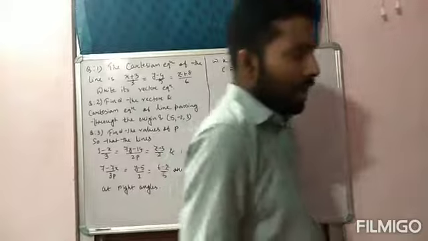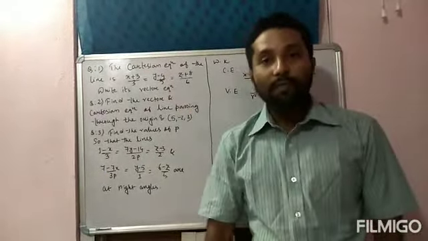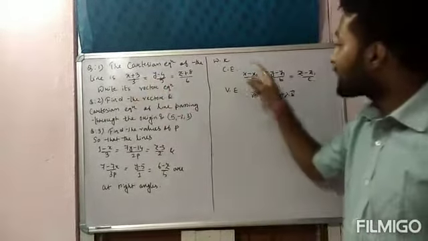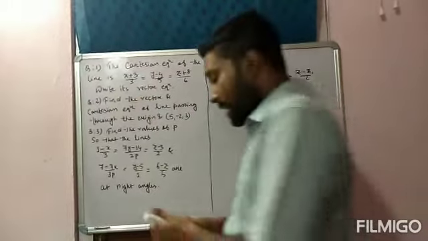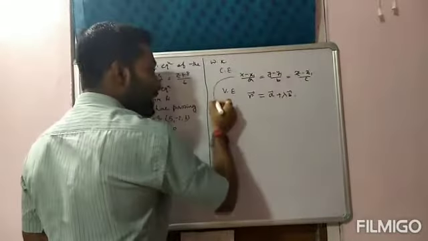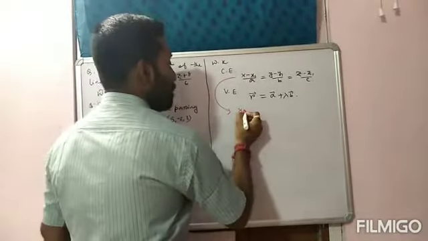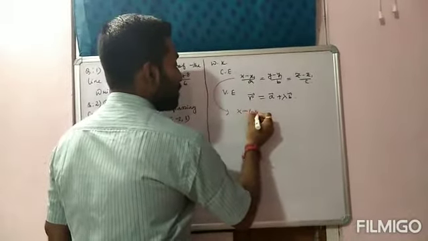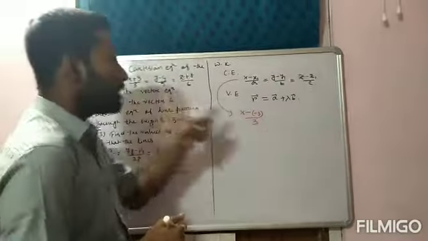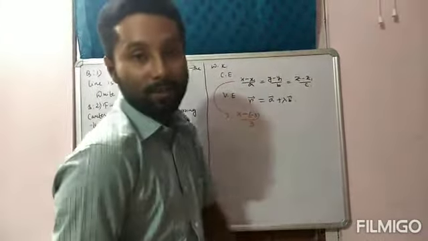So whenever you are asked to convert a Cartesian equation into vector form, the first step is to compare the given Cartesian equation with the standard Cartesian form. Okay, so if we compare the given Cartesian equation with the standard Cartesian form, then we'll get what? Here the first term is (x plus 3)/3, which can be written as (x minus of minus 3)/3. Can I write like this? Because minus of minus means plus only. Why did I write like this? Because the standard form is (x minus x1)/a, not (x plus x1)/a.